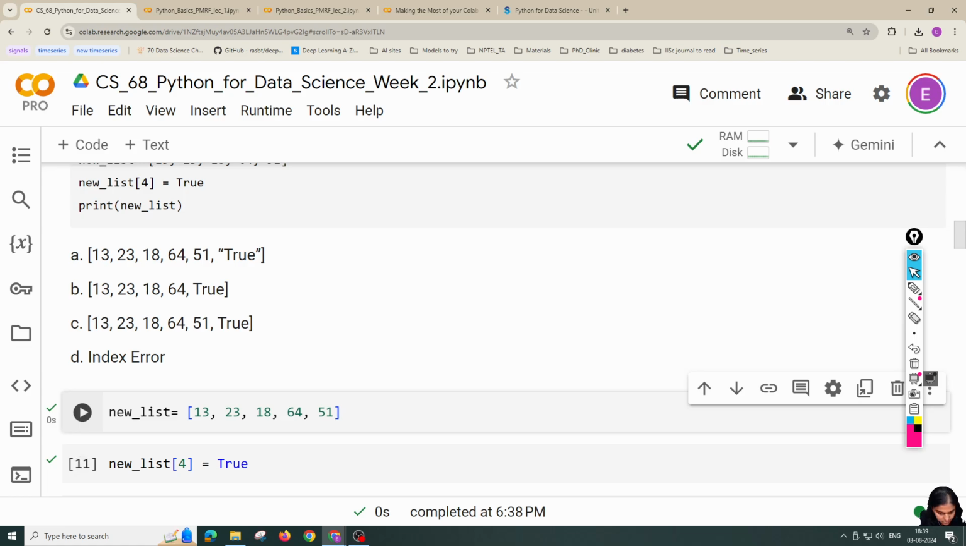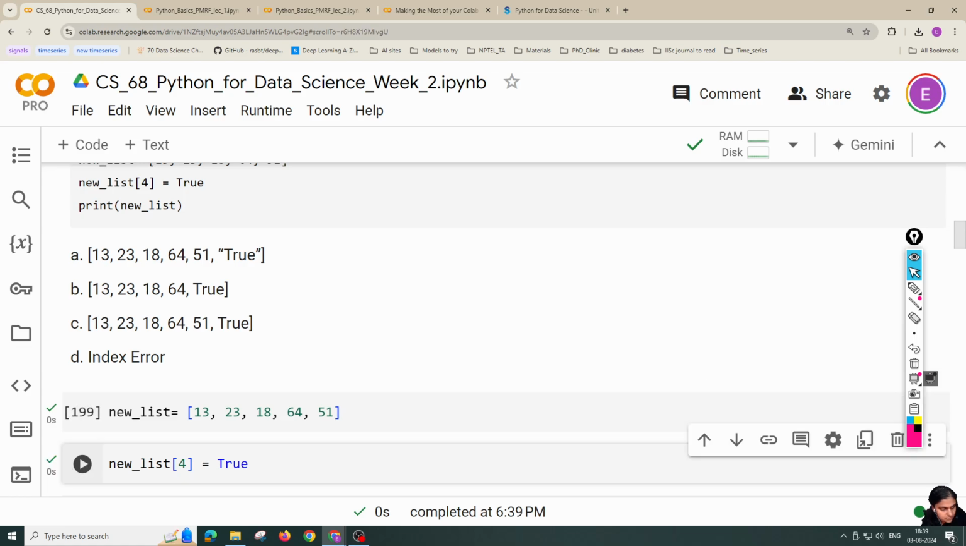So right now the indexing will look like 0 1 2 3 4. Now what I am doing is changing the fourth element, which is in the fourth position, to true. Just if I run this one,